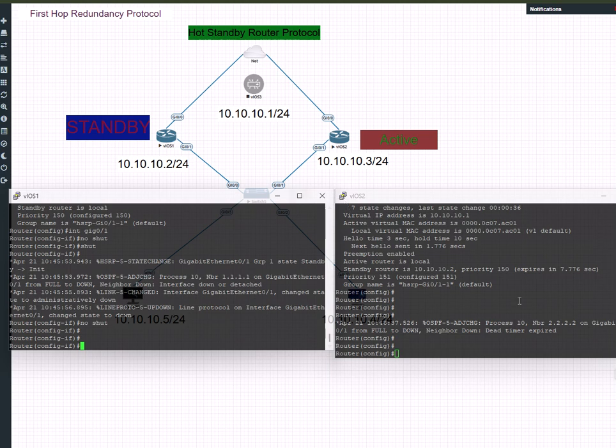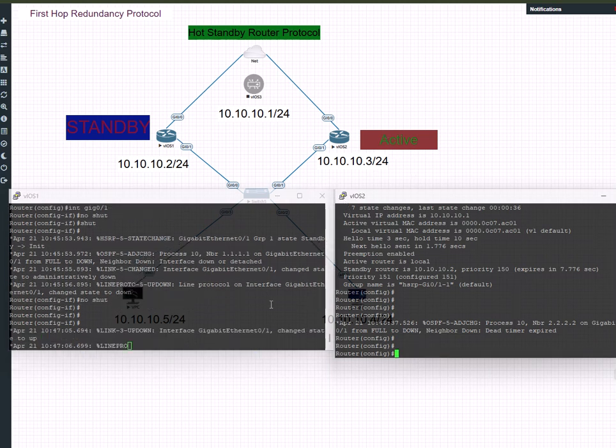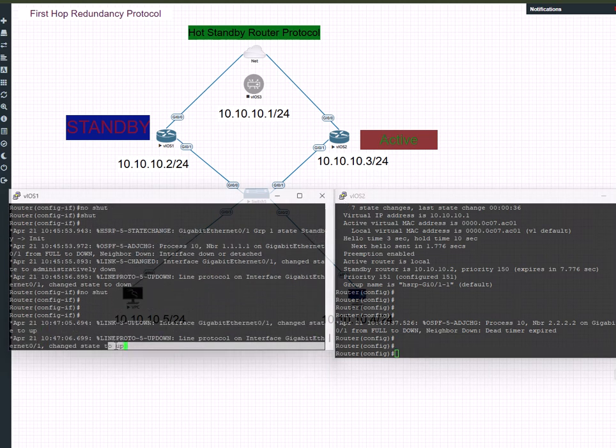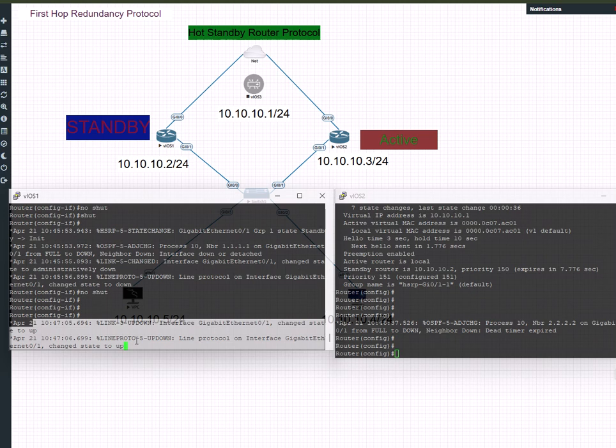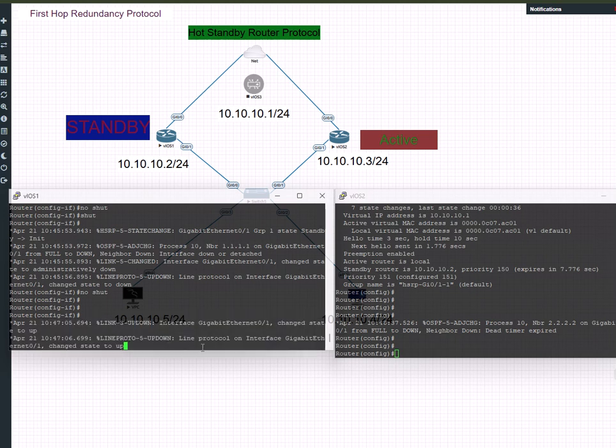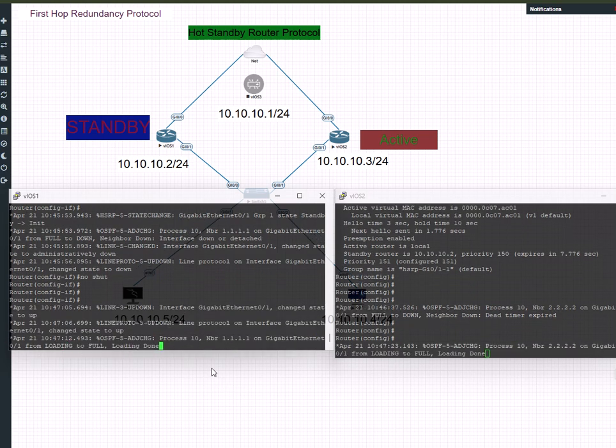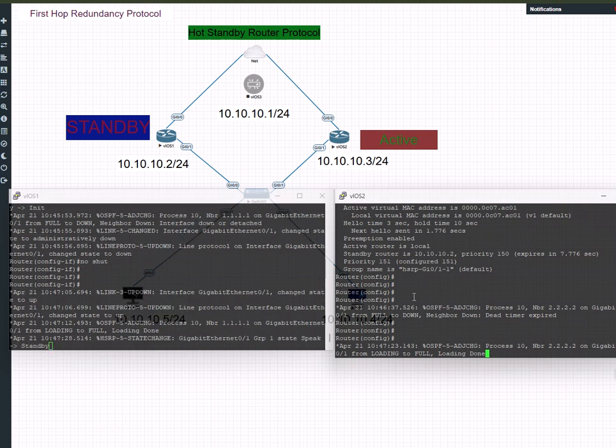Let me bring it up and I'll shut down, and now this router is going to go back up and then take its role to be a standby. In seconds we will see that it just takes its state of being a standby router, because this router now is the active router because of the higher priority that is manually configured on that interface,